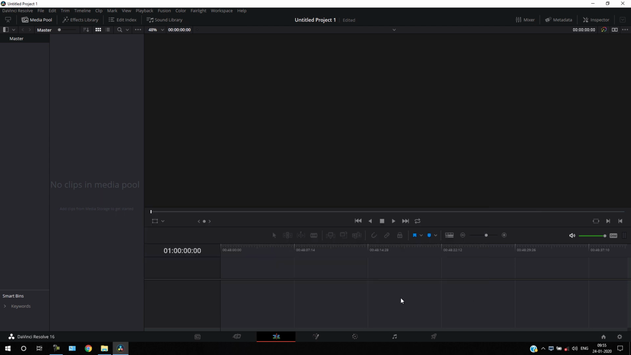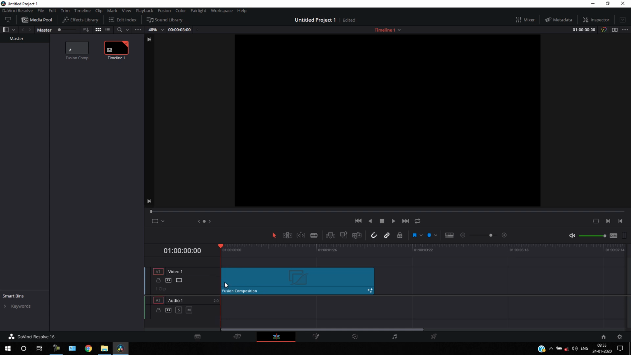And now I'm going to create the title animation inside of this Fusion tab. So we have to take a new Fusion composition. Just go to this media pool, right click on that and click on this new Fusion composition, and let's call it Fusion Comp, and make the duration 3 seconds long, which is good enough for one text. And click on create and just drag this Fusion Comp onto this timeline just like that, and then go to